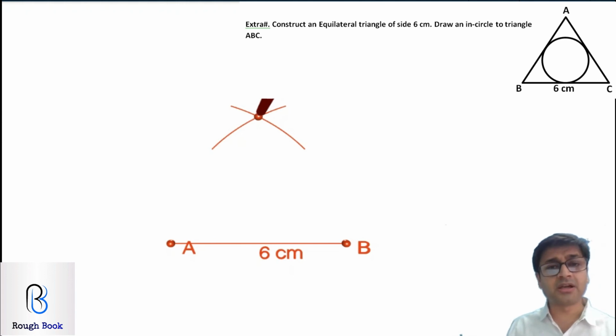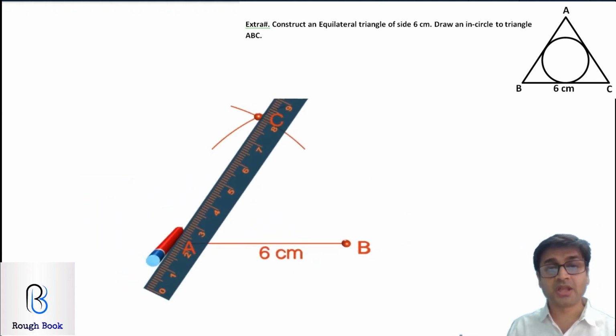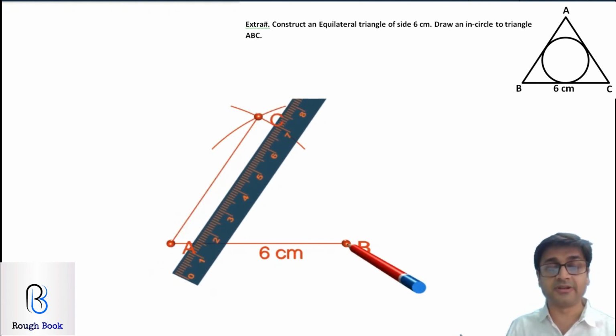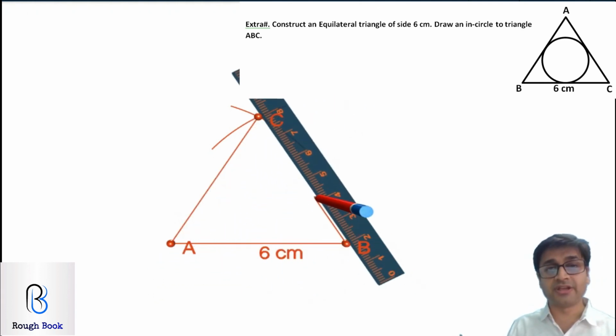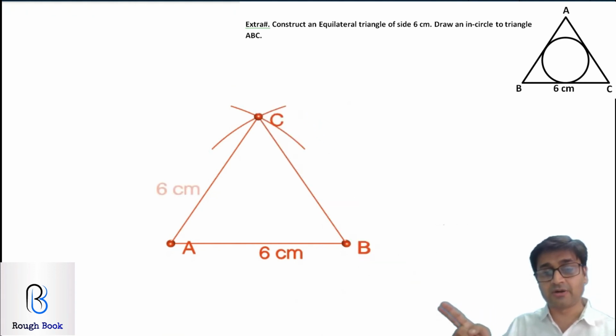Once you've got your triangle, how are you going to get your incircle? Incircle is very difficult to get an accurate one, so please listen to me carefully. First, the angle bisector of A. Keep your compass on A, just as you can see there on the screen now. Take a suitable radius and cut an arc.